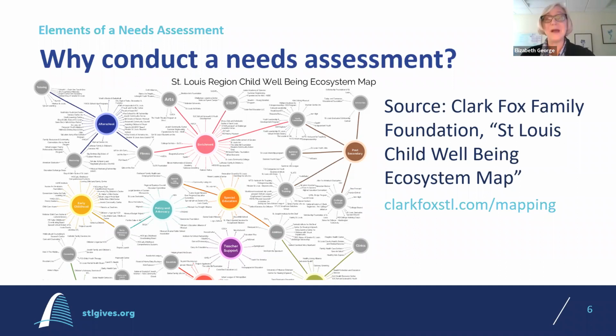And if you look at this map, you're going to see there are a lot of people that are doing really good after school programming, and maybe you can connect your idea to one of those other organizations. The other thing is, as you're thinking about your needs assessment, a map like this can be a great resource for you for how to identify and connect with others in your community or others in St. Louis who can serve as a resource for you as you're thinking about your needs assessment.